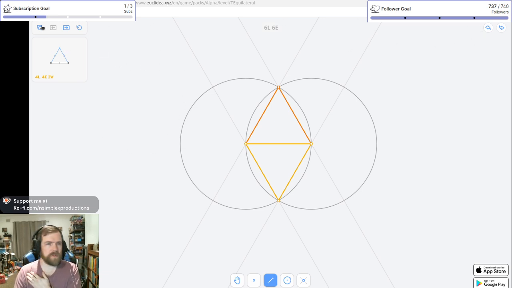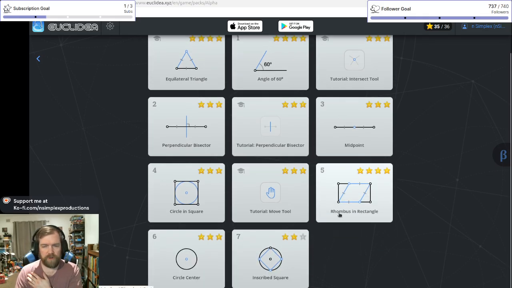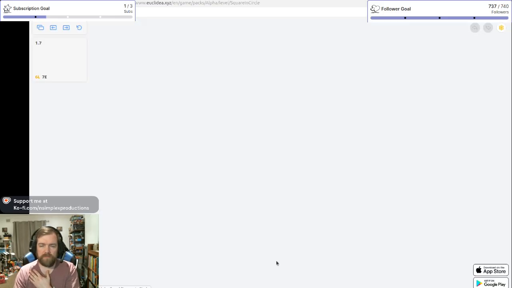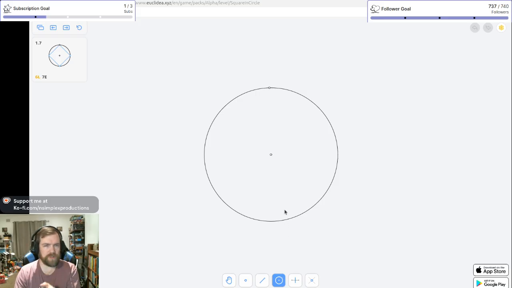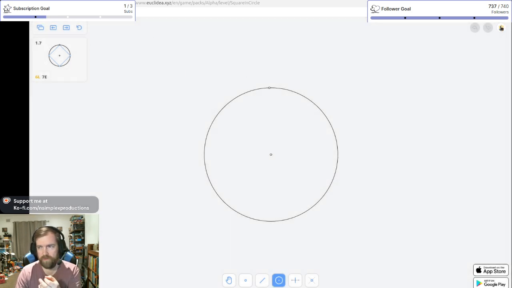Okay, so then when we go back to tiles, there's all sorts of cool stuff that you can do. We did square, circle and square, square and circle, right? Inscribe a square, rhombus and a rectangle, midpoints, perpendicular bisectors, find the center of a circle, and then inscribe square. The only thing that we haven't found is how to do it in 7 Euclidean moves. We do know, I believe,